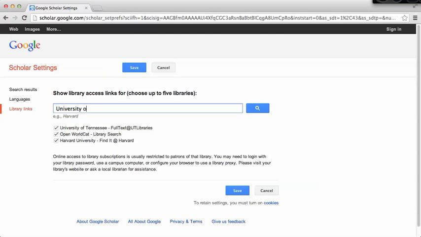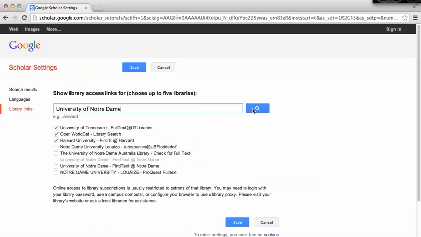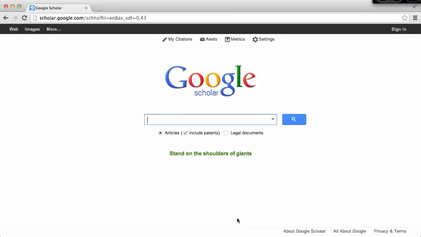If we want to use, say, University of Notre Dame, perhaps. Notre Dame University, University of Notre Dame Australia, University of Notre Dame Fine Text. So we're looking for the University of Notre Dame here. We can click that. And when you hit save, and no matter what you type in, let's stick with our